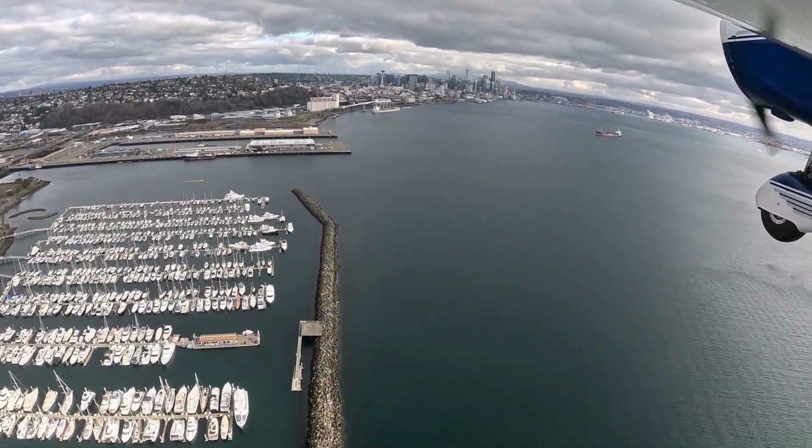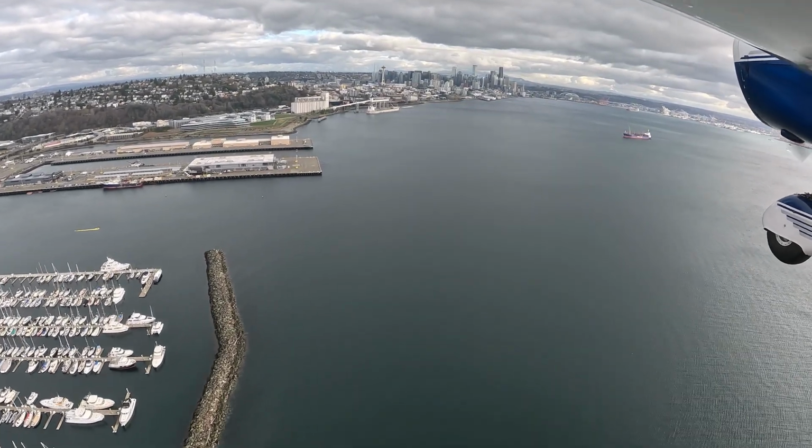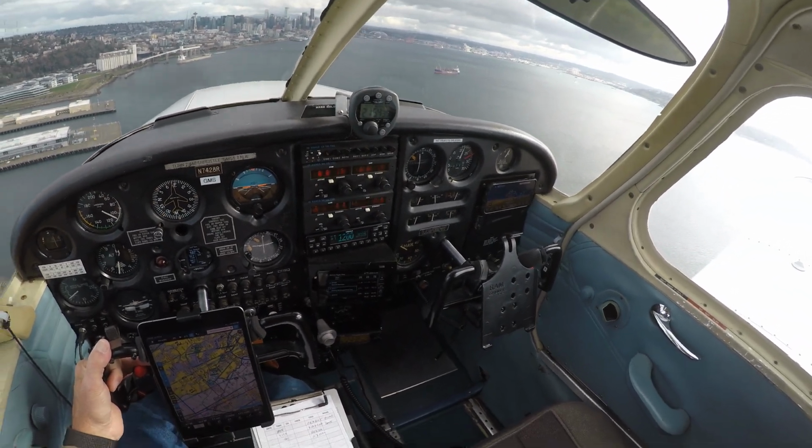Just a little bit more bumpy than usual here along the shoreline. No surprise, it is a little bit windy today. But thankfully, the Hero 11 camera...